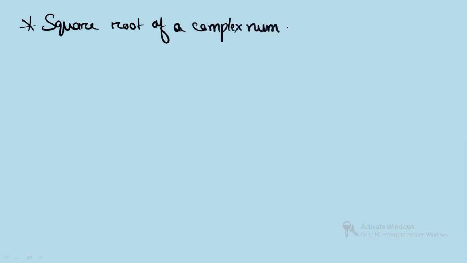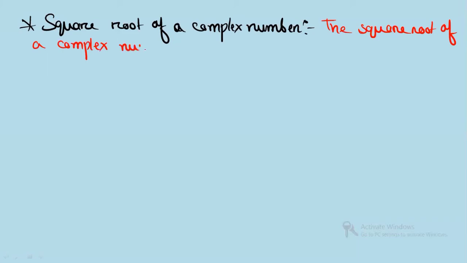Next we will see the cube root of unity. All right. So first let's see the square root of a complex number. So we know that the square root of a complex number is also a complex number. So you have to write here that the square root of a complex number